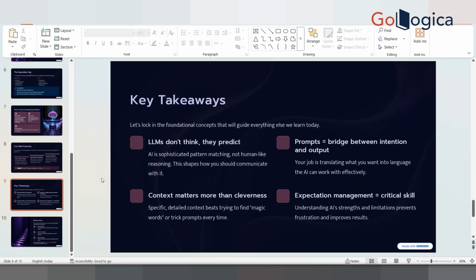Then the next is prompts are the bridge between intentions and output. Intentions are basically your thoughts, what you want to do, and the output is the response from the AI model. So prompts are the bridge between that, and context matters more than cleverness.